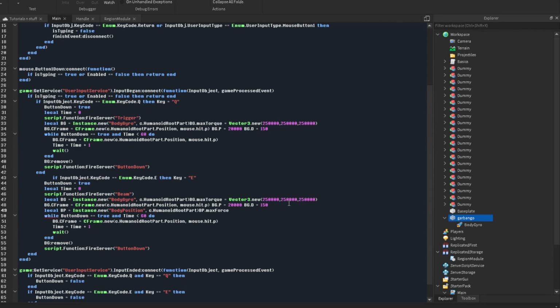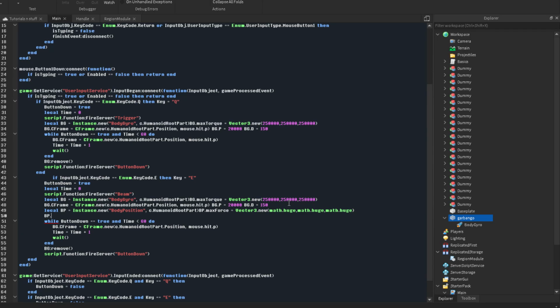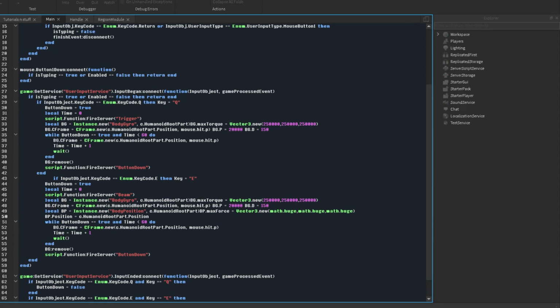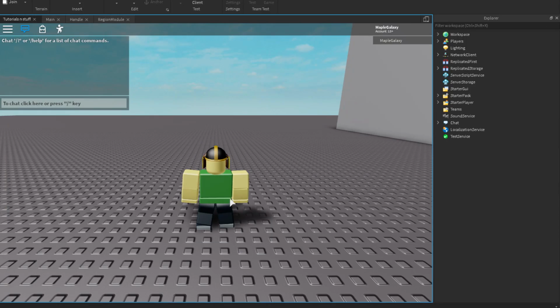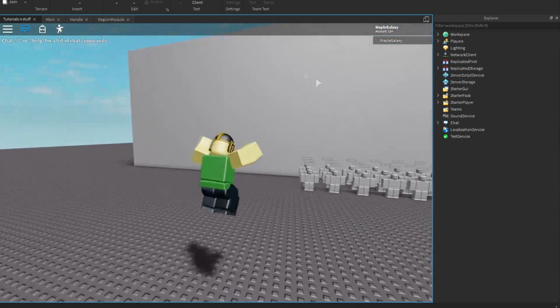BP. Max force. Vector3.new. I guess you can use math.huge for this. I don't see any problem with that. Do BP.Position. Do that human. Now if I hold E,